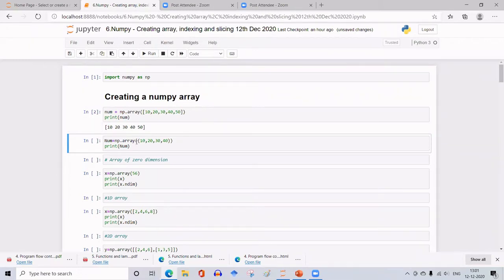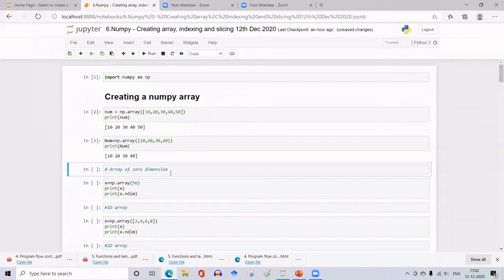Okay. So we can also form an array using a tuple. Here in the second line, I am defining a tuple. See, 10, 20, 30, 40 enclosed within the round brackets represents a tuple. And if I want to form this tuple as an array, I use np.array. Then within the round brackets, you enclose that tuple. Then if you print that, you will get an array enclosed within the square bracket having those elements. So we can form an array using a tuple also.